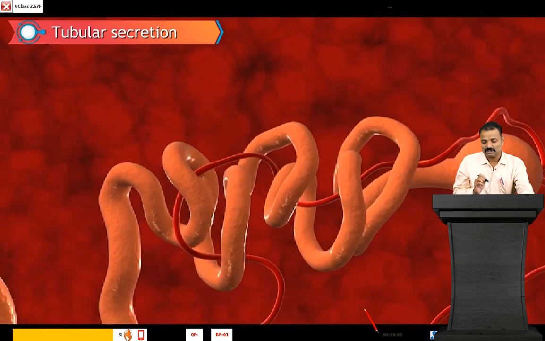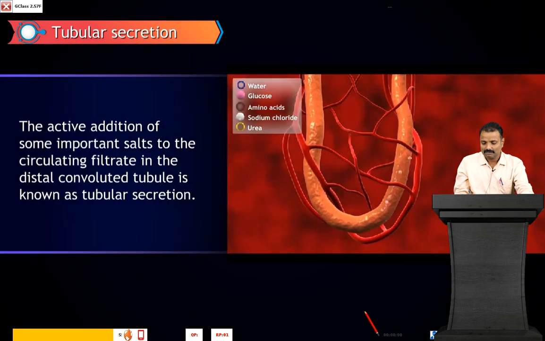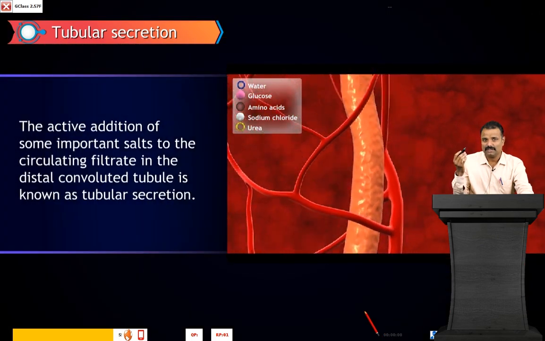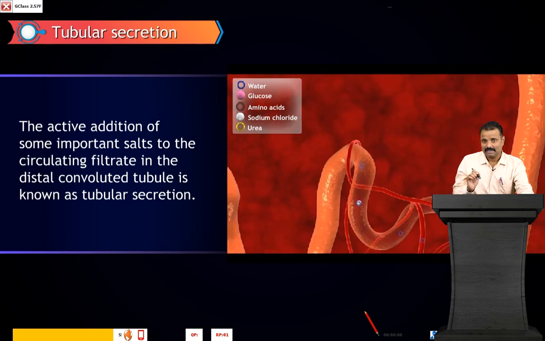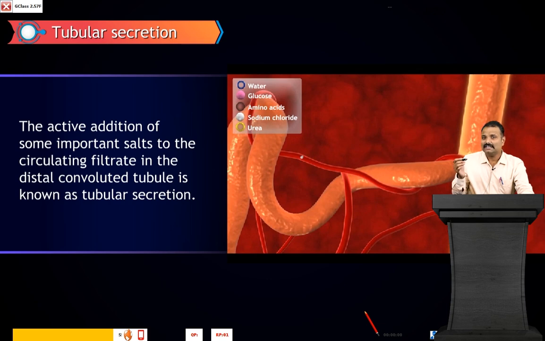Now there is one more stage where something else happens. What happens? There are certain structures which allow some secretion into the concentrated filtrate. What are the substances? Normally drugs and other urea-related substances, they re-enter the distal convoluted tubule from the surrounding blood vessels. Okay, so this process we call tubular secretion. The active addition of some important salts to the circulating filtrate in the distal convoluted tubule is known as tubular